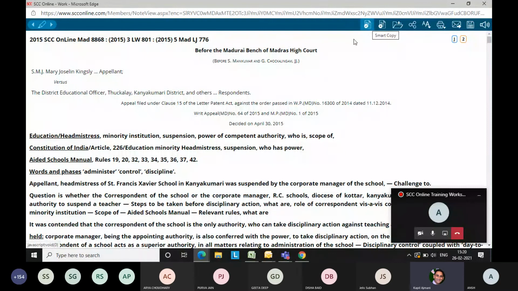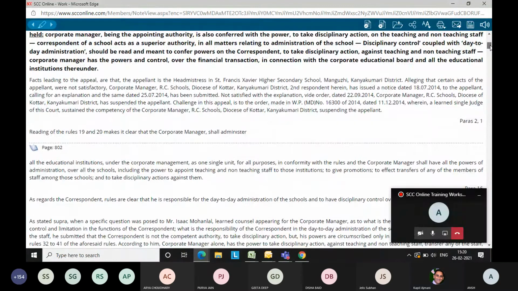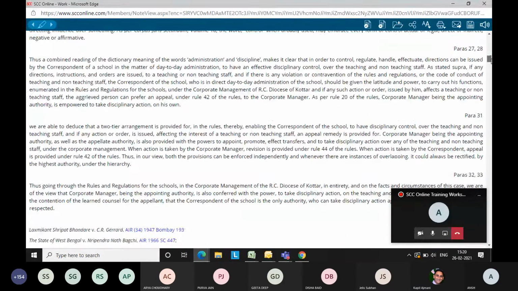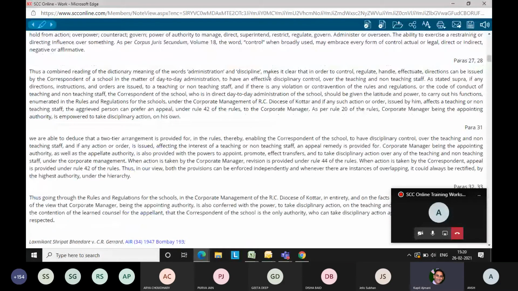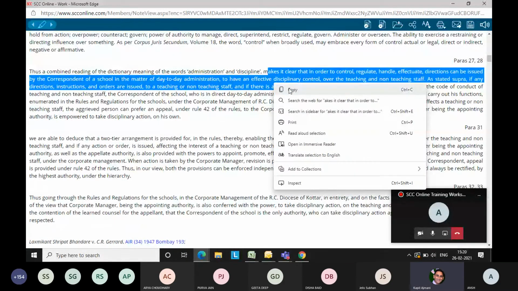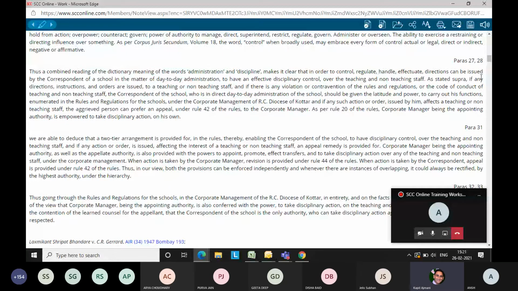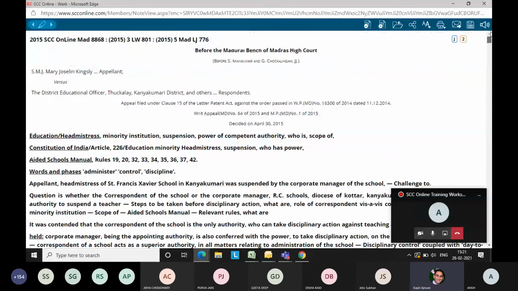Here's actually smart copy. There are some points which you may see that probably you can select here and you can do Control C or Control V, or copy can be done. But sometimes what happens, the software does not allow you to do it so easily. Then on the left hand side, there are some clipboard symbols. So you have to select those. The clipboard will be coming up with some more examples, and you have to select smart copy. Once smart copy is done, you can copy paste those points and you can send or share them to your email ID, or maybe even to other colleagues also.